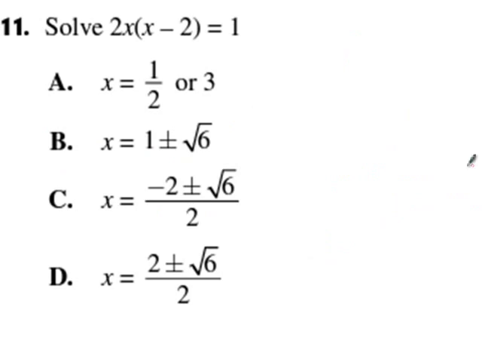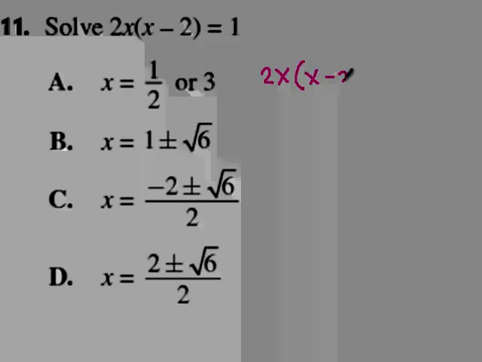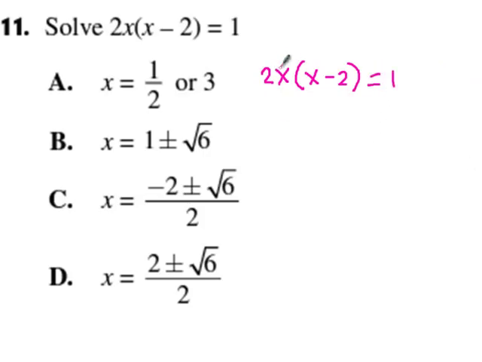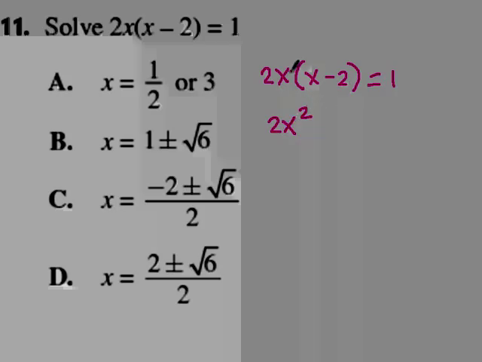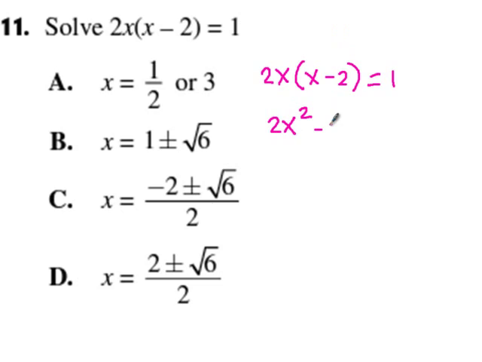Problem number 11. Solve 2x times the quantity x minus 2 plus 1. So let me write it here. 2x times x minus 2 plus 1 equals 1. So we can apply the distributive property of multiplication over subtraction. 2x squared, then 2x times -2 is -4x